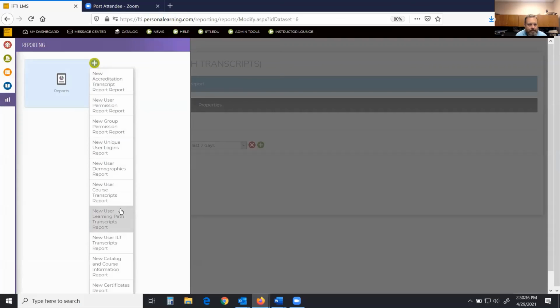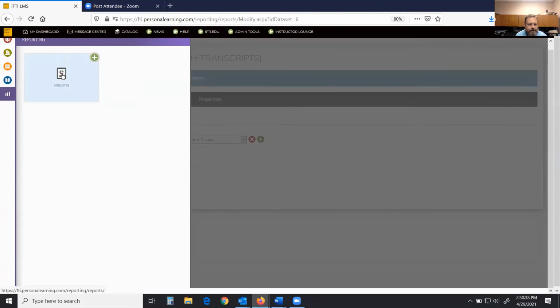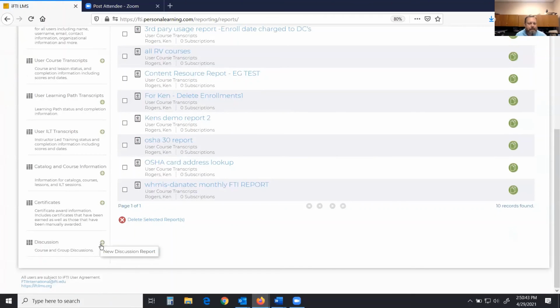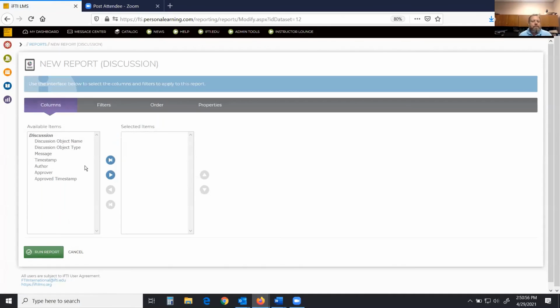We talked a little bit about the discussions before. So I noticed when Alice was typing before that the word painters was in the report. Let me get my controls out of the way. So the same kind of thing where it's specific to the discussion area. So you can do the discussion object, the message, the timestamp. I can just select everything.